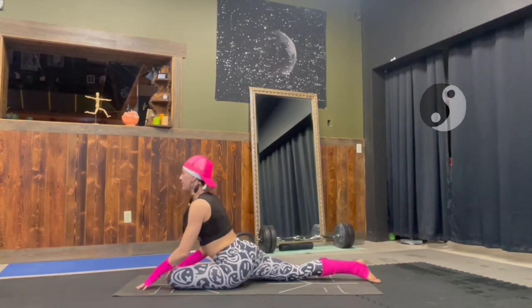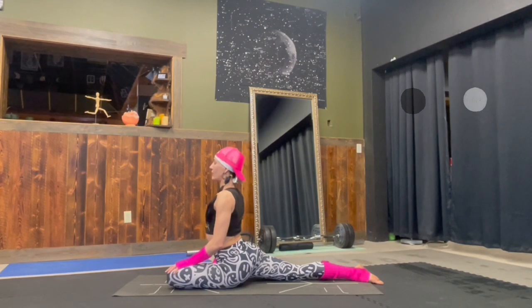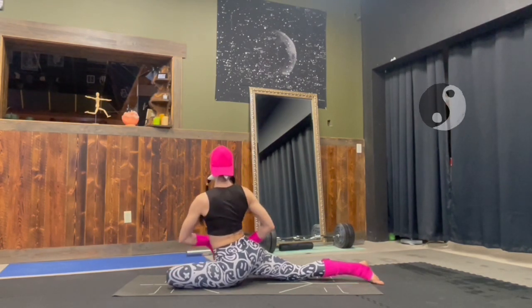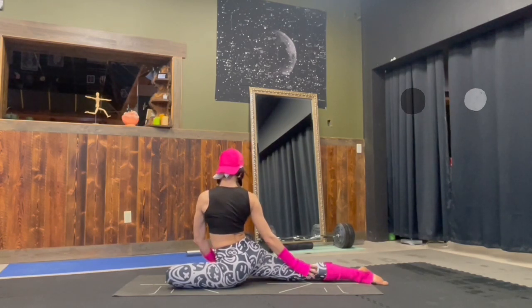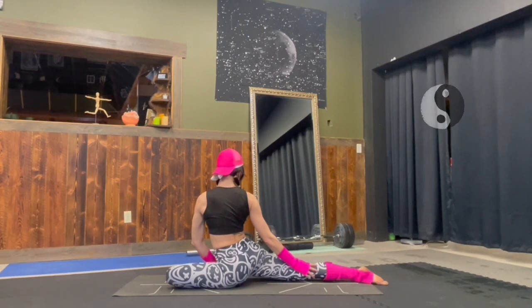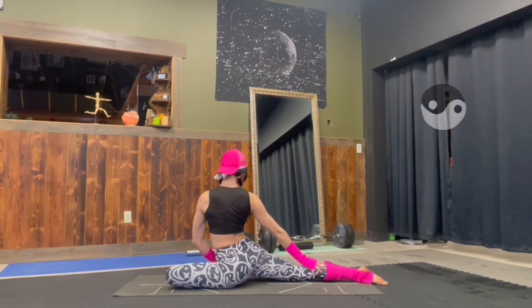Okay, coming back up to sit up, we're going to send our twist to the right. So turn that torso, grab onto your leg to anchor yourself over to the right. And if you want to take it into full mermaid pose, you can extend that left arm